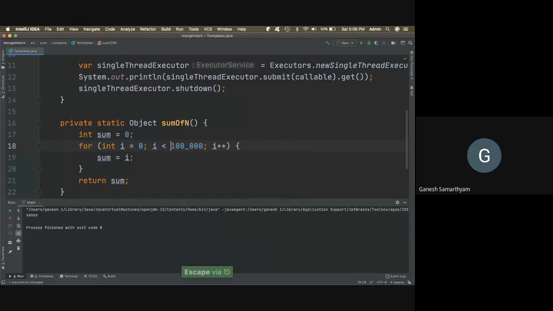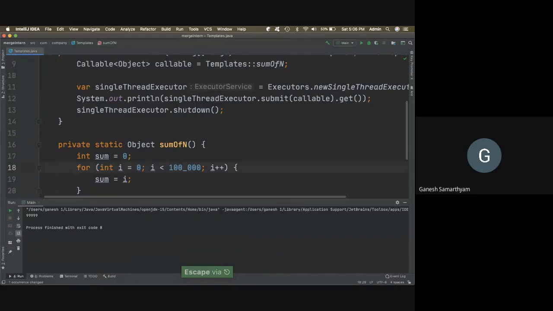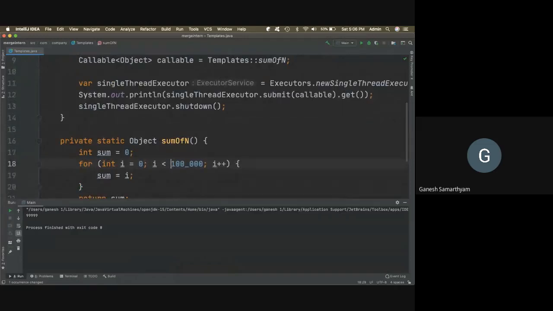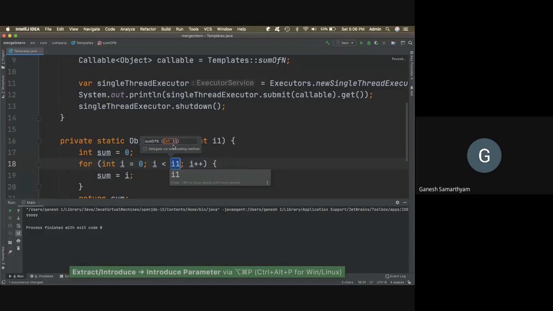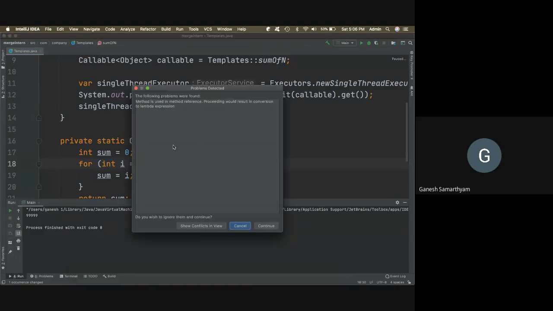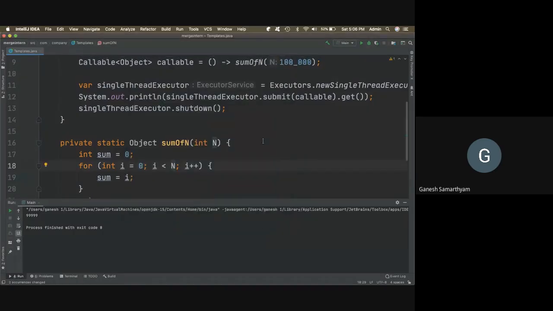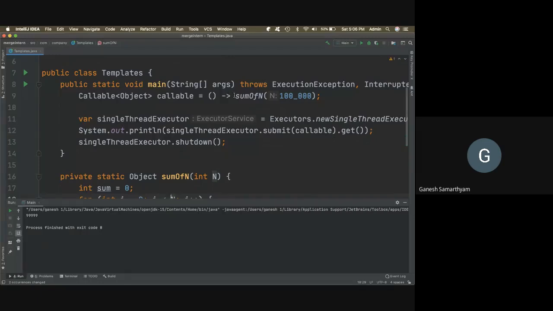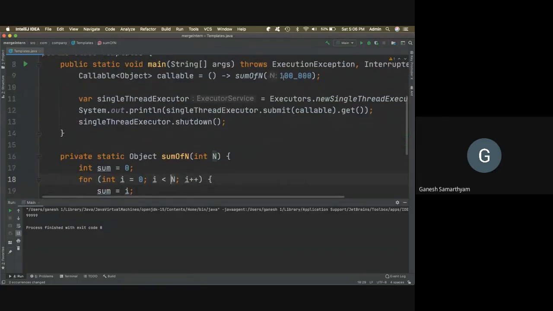Till n, I want to sum it. Okay, the challenge is, I think it's a method reference. That's why it's causing a problem. Let me see. Let me select this, and the parameter is n, sum of n. Okay, the method is using a reference. Convert to lambda expression. Absolutely fine. The reason why it was giving a complaint is that I was using a method reference. When you have a method reference, you cannot have an argument passed to the parameter. That's why you get an error. But now I was able to extract it.